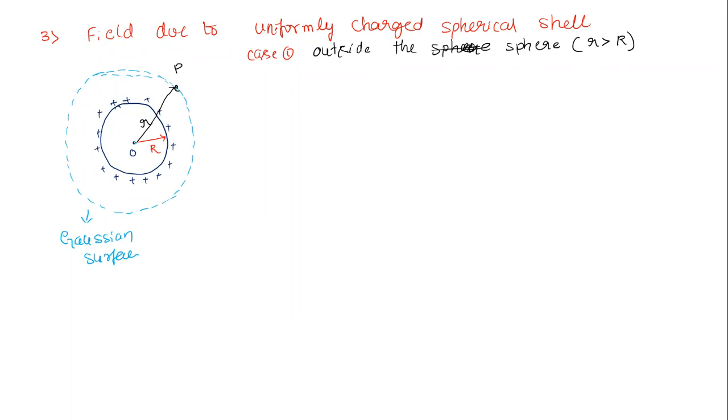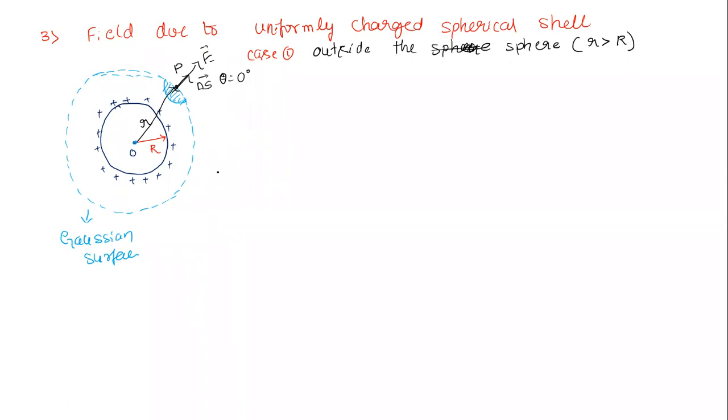This is the charged shell, and this is the center. Now I want to find the electric field at this point P. I'm going to take a small elemental area like this portion. What is the direction of the electric field at point P? The direction of the electric field will be in this direction, and the direction of the area vector, if I take a delta S, will also be in the same direction. Then the angle theta becomes how much, students? Theta becomes equal to 0. On the sphere, wherever you take, the electric field and area vector will be in the same direction. There is no change in that.